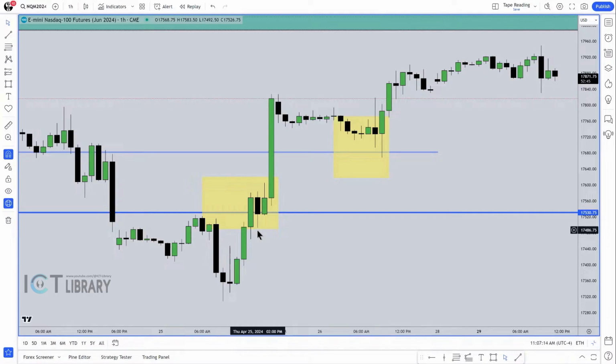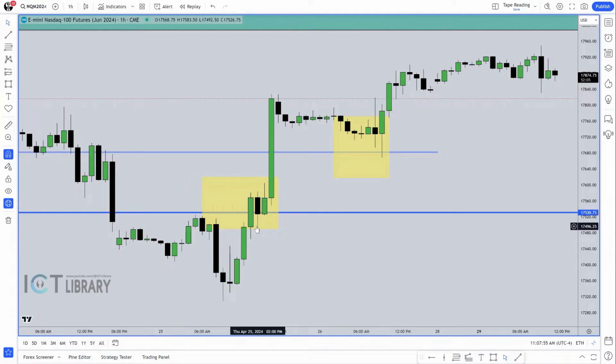Now, if you've never heard me teach on this, an immediate rebalance is where the market has a nice big bullish run candle higher, or a bearish candle that has a large range that moves lower. And the immediate next candle after that reprices to the previous candle, to that big candle that just formed. In visual terms, it's this. Market rallied here. This candle went above the order block. That's that opening price on the daily chart, that big blue line there. When we went above it, the next candle we traded right back down. And what did it do? It went right back to the body or high of the previous candle right before that big candle.